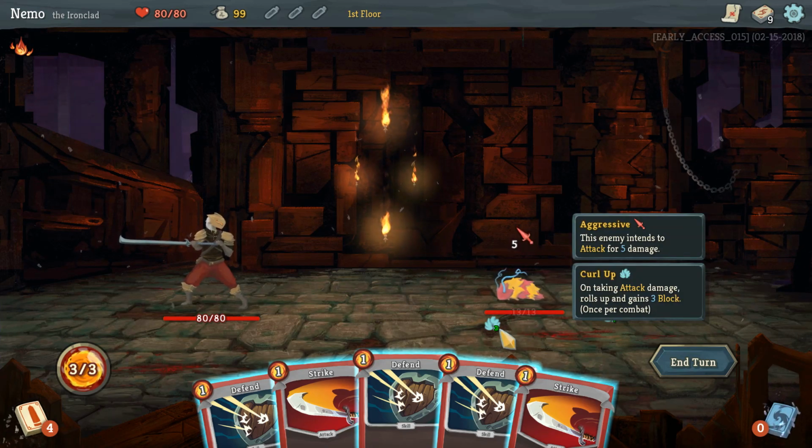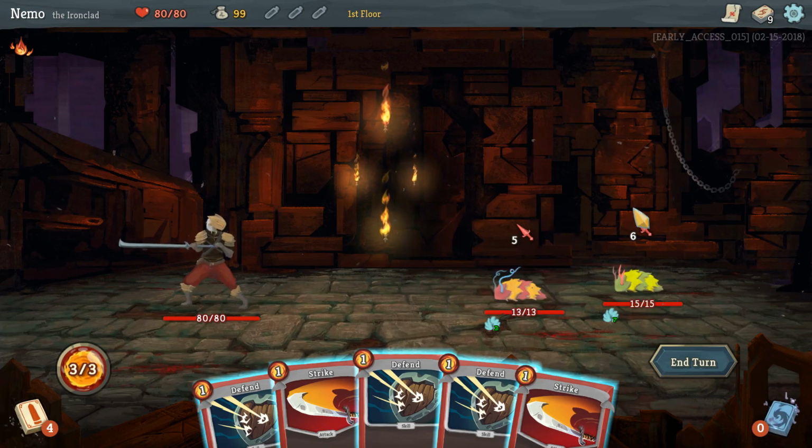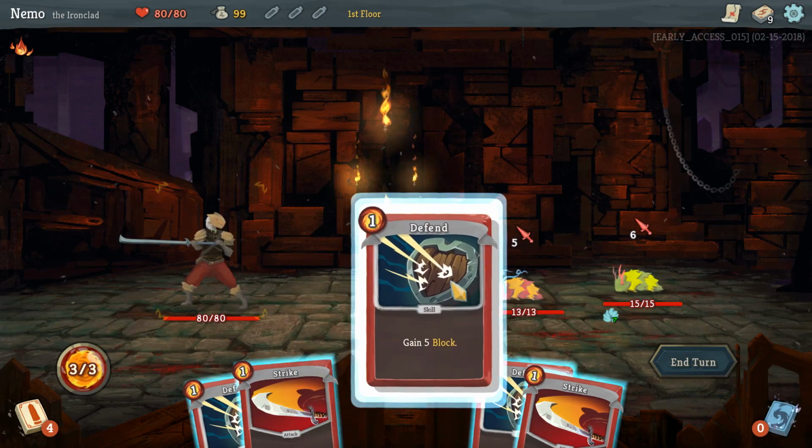They have abilities. The louse here has the ability called Curl Up. On taking attack damage, they'll roll up and gain 3 block once per combat, and this one will roll up and gain 7 block once per combat. So, how are we going to start off here? Firstly, I think I'm going to double defend, because I'm going to take a lot...